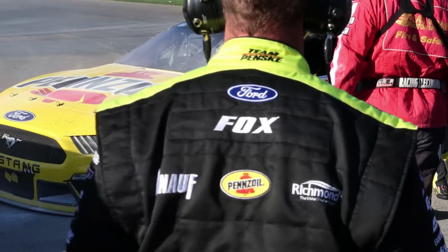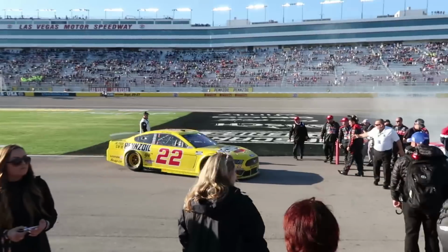They must have had to put something out. Wow. I feel like it made it a little bit better. Front balance a lot early in the race. It got better, and then